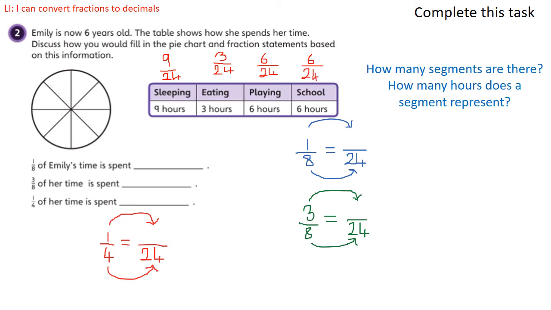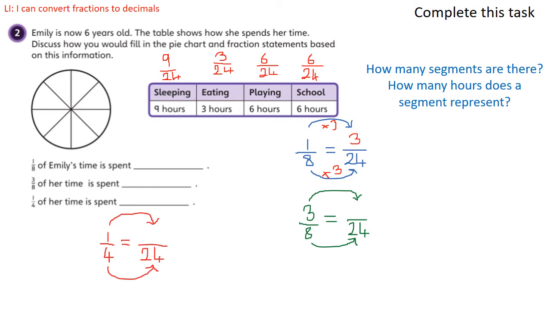But the first question says 1/8 of Emily's time is spent. So I need to convert 1/8 into 24ths so I can see which activity she's going to be doing. Now remember, whatever we do to the denominator, we do to the numerator. So what do we times 8 by to get to 24? We times it by 3. What we do to the denominator, we do to the numerator. So 1 times 3 is